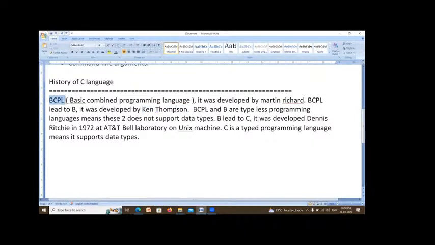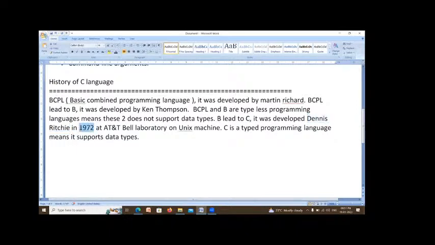Actually, I explained BCPL and B. These two are called typeless programming languages. The meaning of typeless is that it does not support data types. From language B, a new programming language was developed, that is called C. C was developed by Dennis Ritchie, he is the developer.